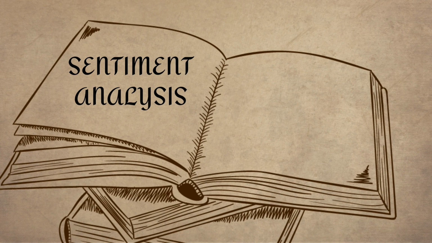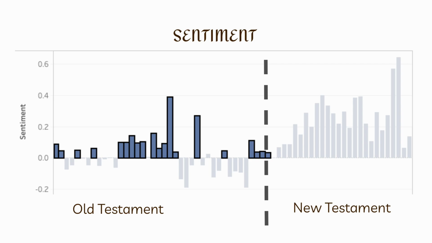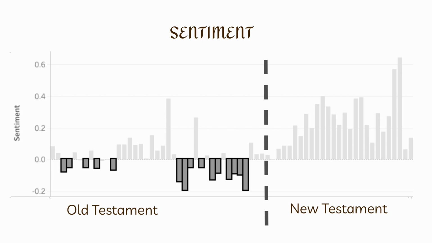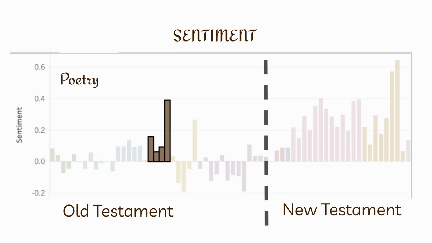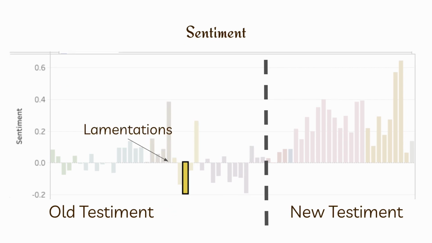The Bible is a very emotional text, and I wanted to capture this dynamic with the VADER sentiment analysis. As you can see here, the Old Testament is a roller coaster of happiness and sadness. This is because the Bible is divided into categories of related books. We have positive love books such as the Song of Songs, blissful poems about passion and romance, while prophetic books are filled with cries of sorrow and lament.